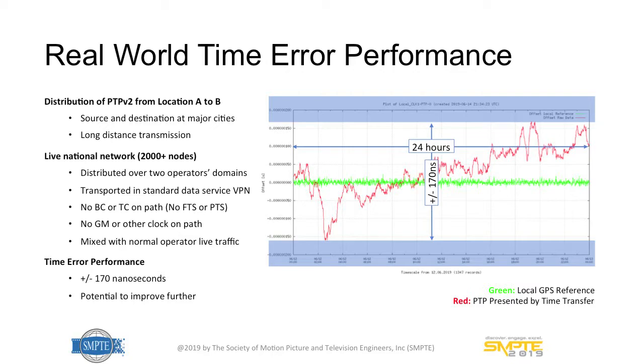Now, this is the thing that we have done in real time. We did a case in a country where we were running over their core MPLS DWDM network. And we just had the AF42 level, so we didn't have the premium class, the platinum transport. And after calibrations, because you always have asymmetries, we were able to keep this within 170 nanoseconds.